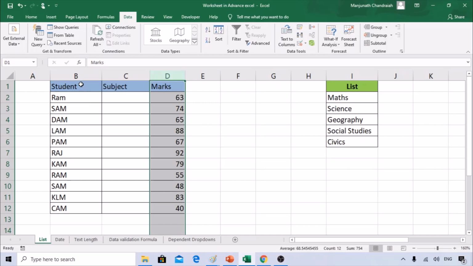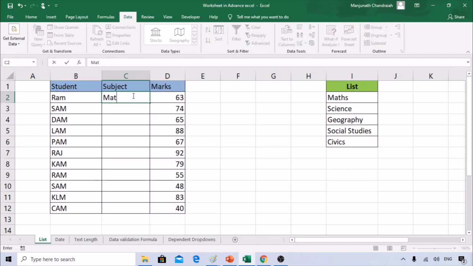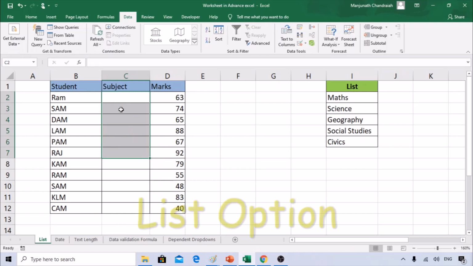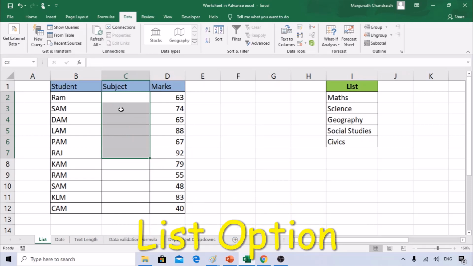Say, for example, if I send this to students to update their respective subject and their marks, some people will update as math, maths and mathematics. Somebody will update as science and somebody as CI. So now you can see three for the same subject they are updating differently. The people who are consolidating have a tough time to consolidate and go ahead and change the names to the one. To avoid that, we can create a drop down list using a data validation.